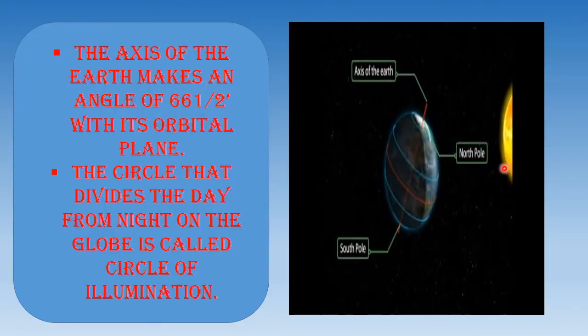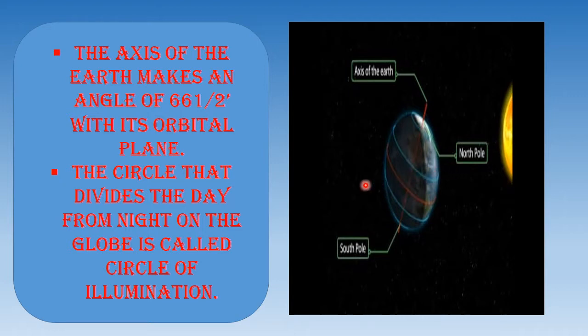Now see, this is the sun shown here. This is the axis of the earth. See, it is not straight. Our earth is tilted, which is very important for you to keep in mind while studying this chapter. This is our earth. If I take the previous inclination diagram, I will draw a vertical line here. This angle over here is the tilt angle of the earth, which is 23.5 degrees.